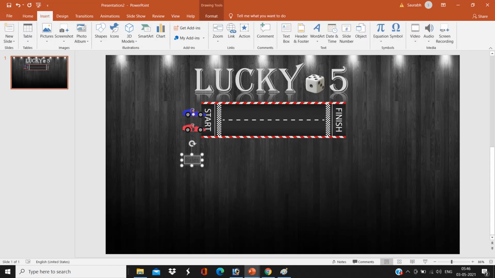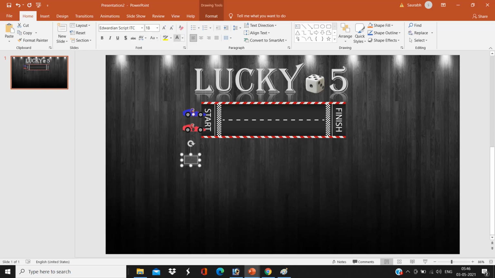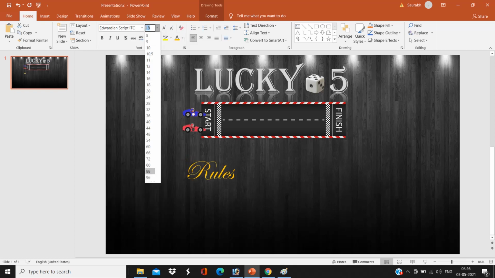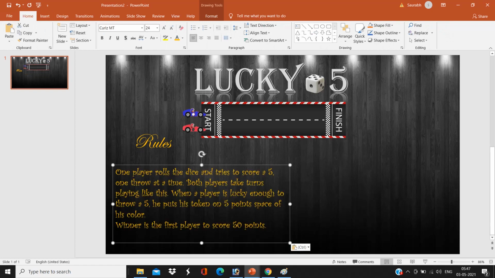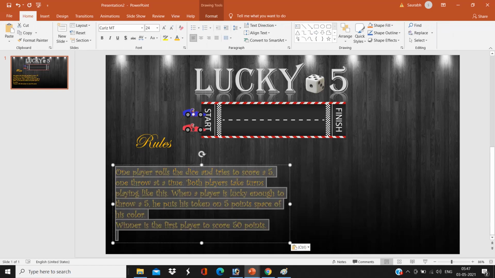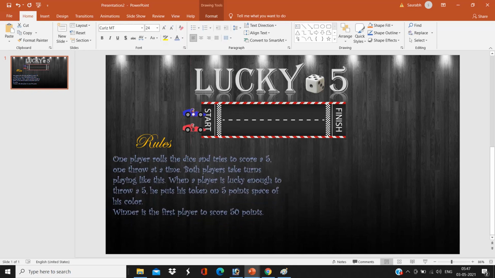Again insert, select a text box and I'm going to write here rules. Select size, font and color as you wish. And I am going to paste the rules here. Set the size, font and color as you want.